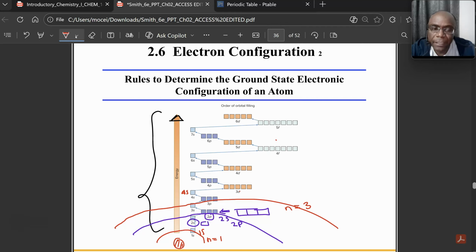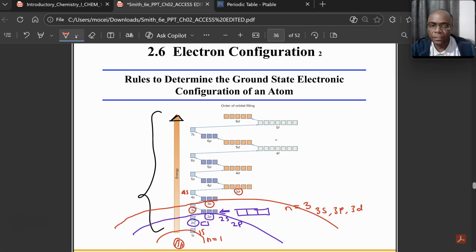But generally, n equals 3 contains 3s. Okay, you see there. It contains 3p. You see there. And it contains 3d. You see there. But usually electrons will jump to the 4s before they fill up the 3d. We'll talk about how to fill up these